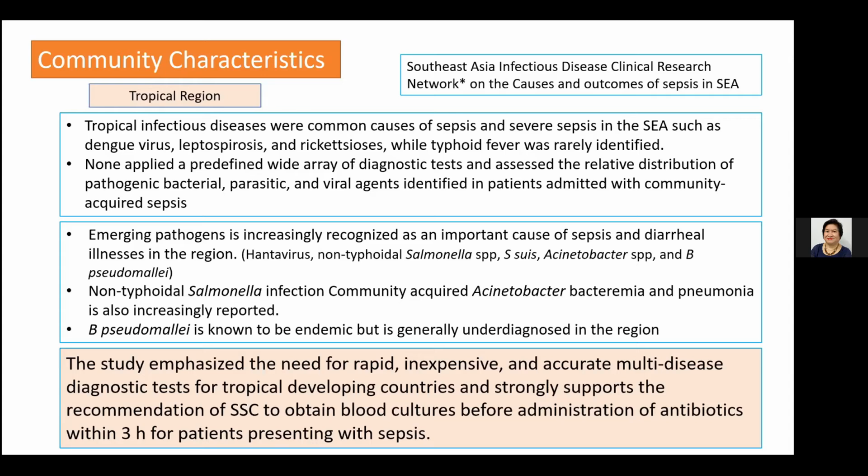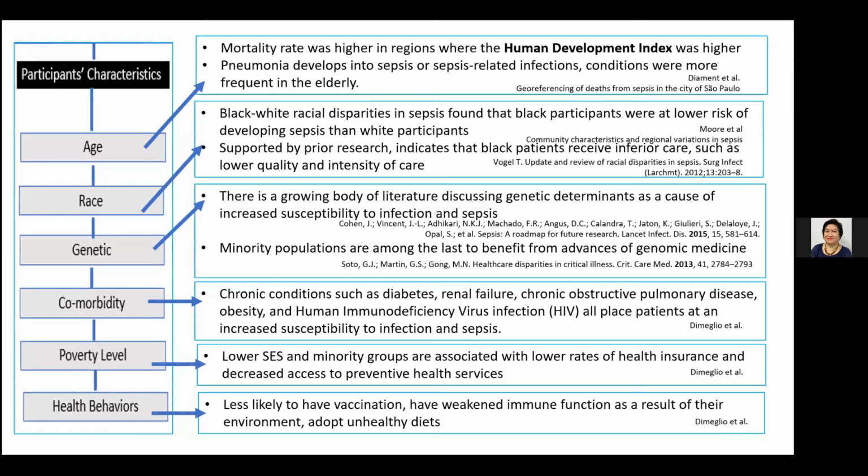The study emphasized the need for rapid, inexpensive, and accurate multi-disease diagnostic tests for tropical developing countries and strongly supports the recommendation of the Surviving Sepsis Campaign to obtain blood cultures before administration of antibiotics within 3 hours for patients presenting with sepsis. In terms of patient characteristics, as far as age is concerned, the study of Jamant showed that mortality